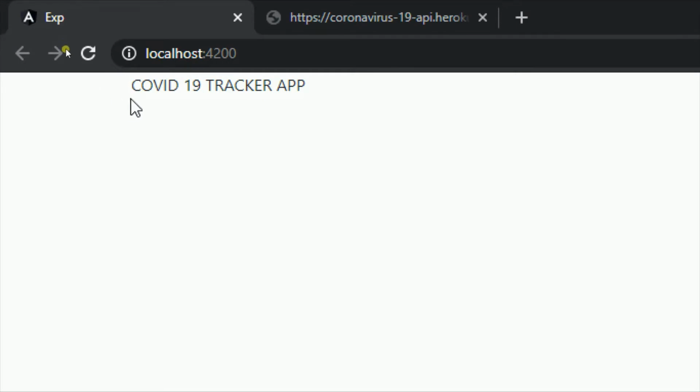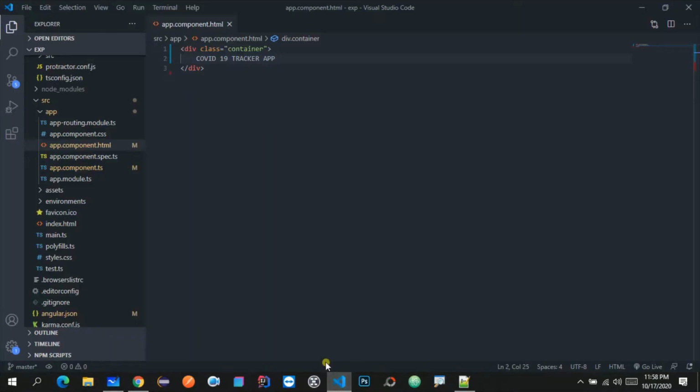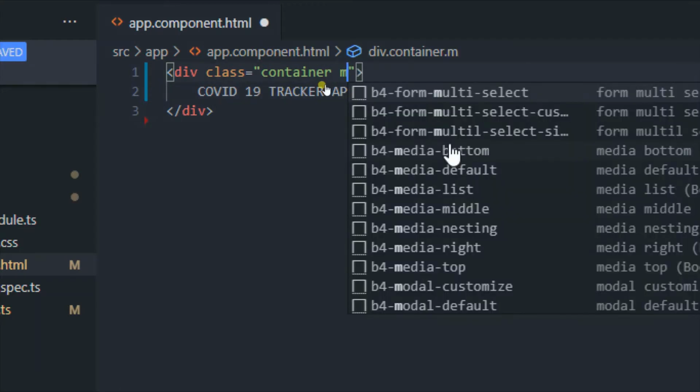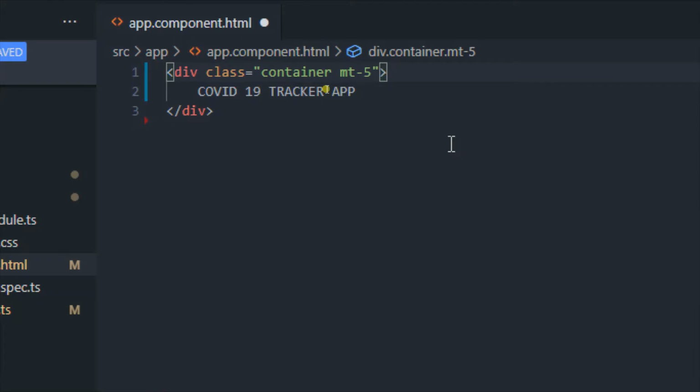I just want some margin over here. So let me apply some Bootstrap classes, and this container is also a Bootstrap class. Let me apply another class, that is mt-5, which is short for margin top 5. 5 is the topmost value. You can give any value from 1 to 5 as per your requirement.